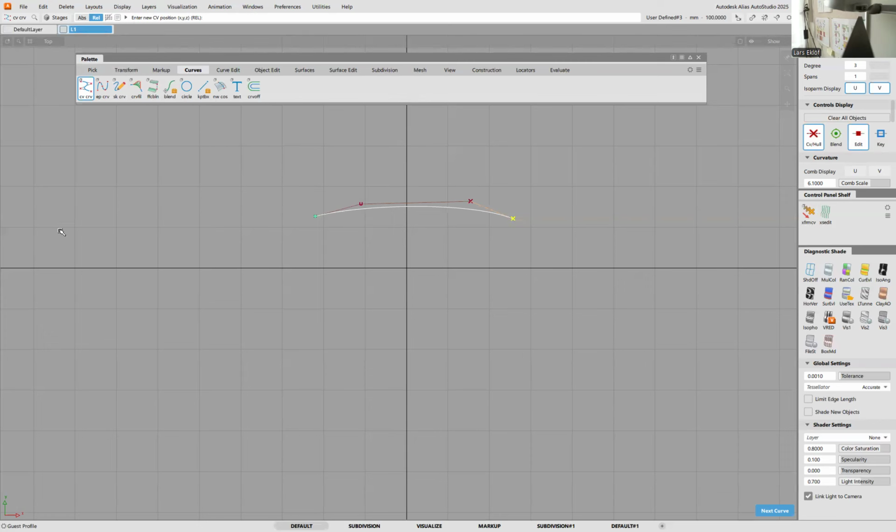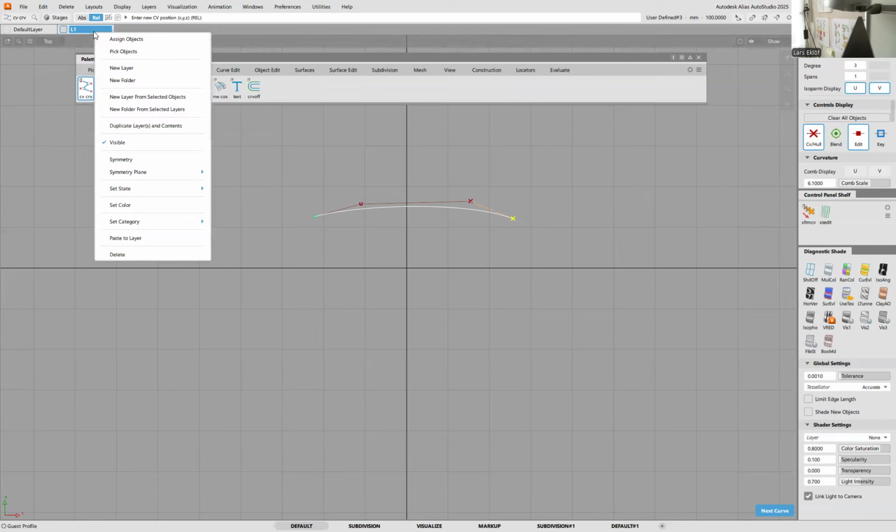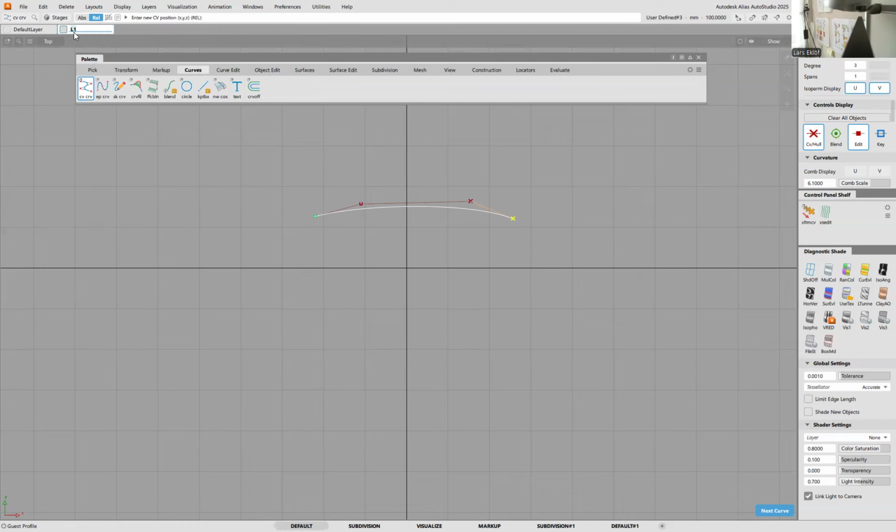Because the symmetry functionality builds on layers in Alias. That's very important to understand. You find all the symmetry functionalities within the layer function. So anything you put in a certain layer will be affected by the symmetry settings of that layer. So first of all, I'm going to place this curve in my new layer by assign objects. I'm going to name this layer also, well, let's start with just curves,